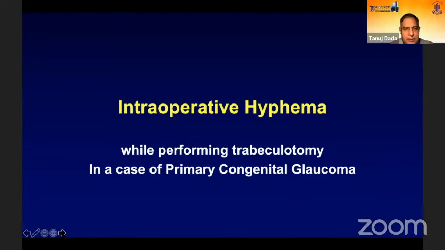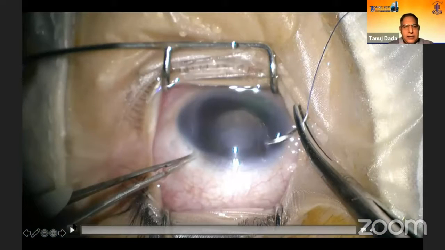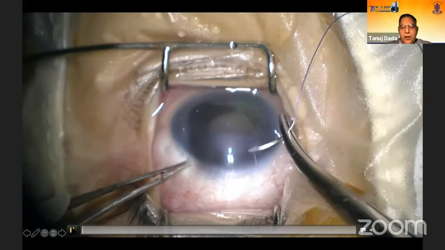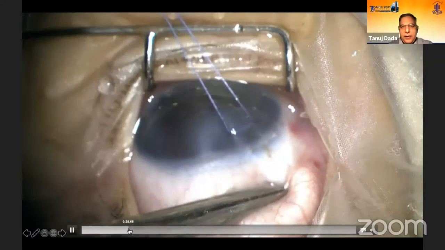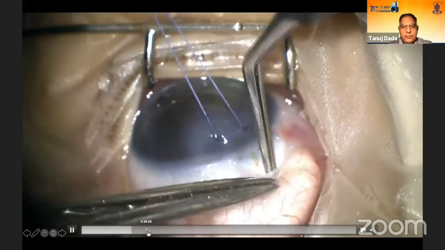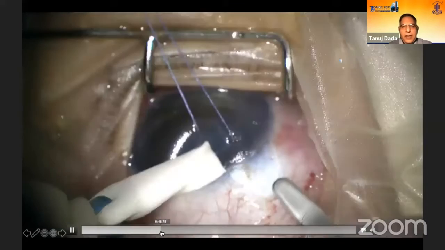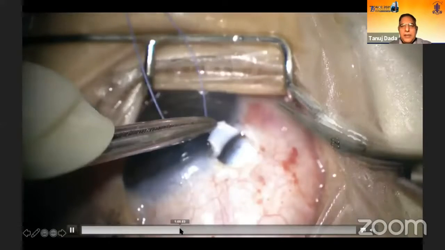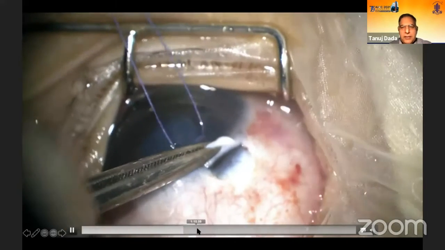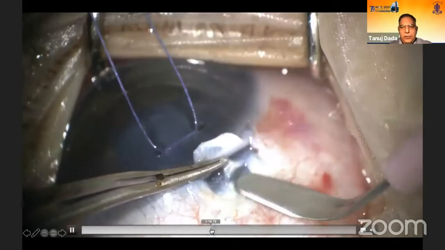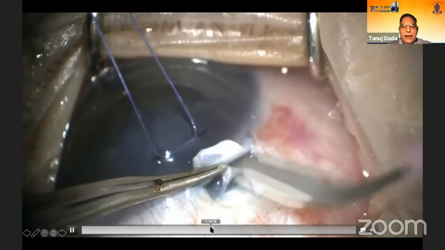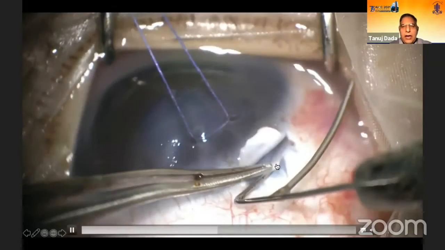Now, the next complication that we can face, this is again a patient where we're operating. This is a patient, we are doing a trabeculotomy combined with a trabeculectomy. So after the mitomycin C application, you do a routine surgery, you raise a lamellar scleral flap, and then you raise a second deeper flap that is for your trabeculotomy. You de-roof the Schlemm's canal, and then you're going to insert your Harms trabeculotome.